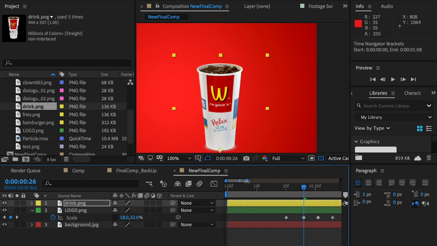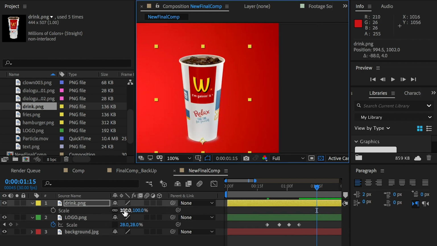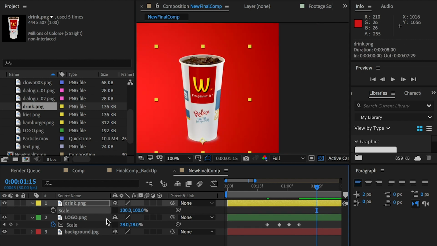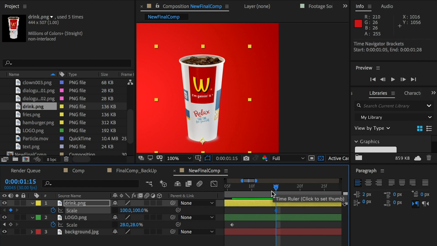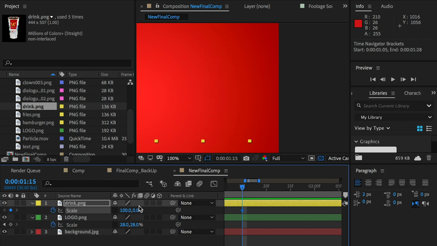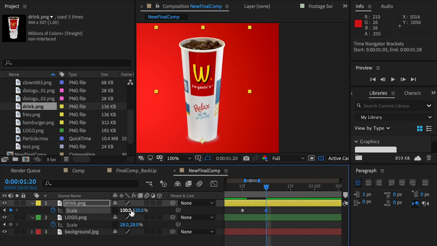Okay, and let's see the drink pump up at about like 115. Hit S key and unlink it and create the first keyframe. So in the beginning, we want the drink to be invisible, and then it kind of pumps up. So what we can do is here I can put this Y value as 0, and then at about 5 frames, I can increase it to let's say 20 on the Y value, and the X value we can